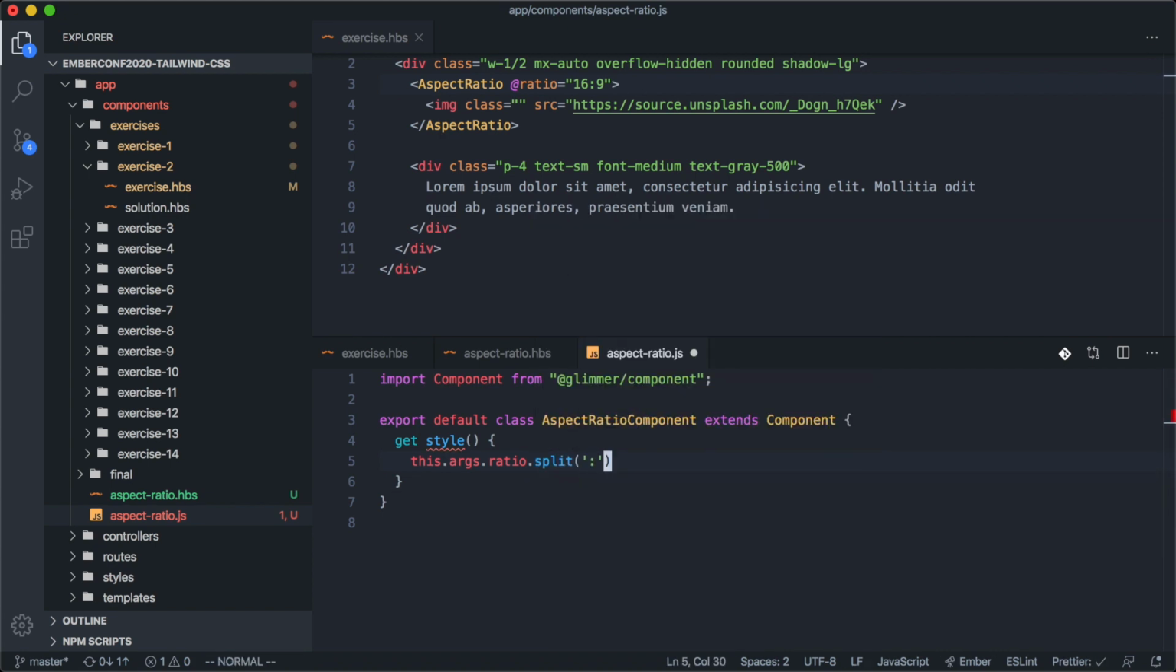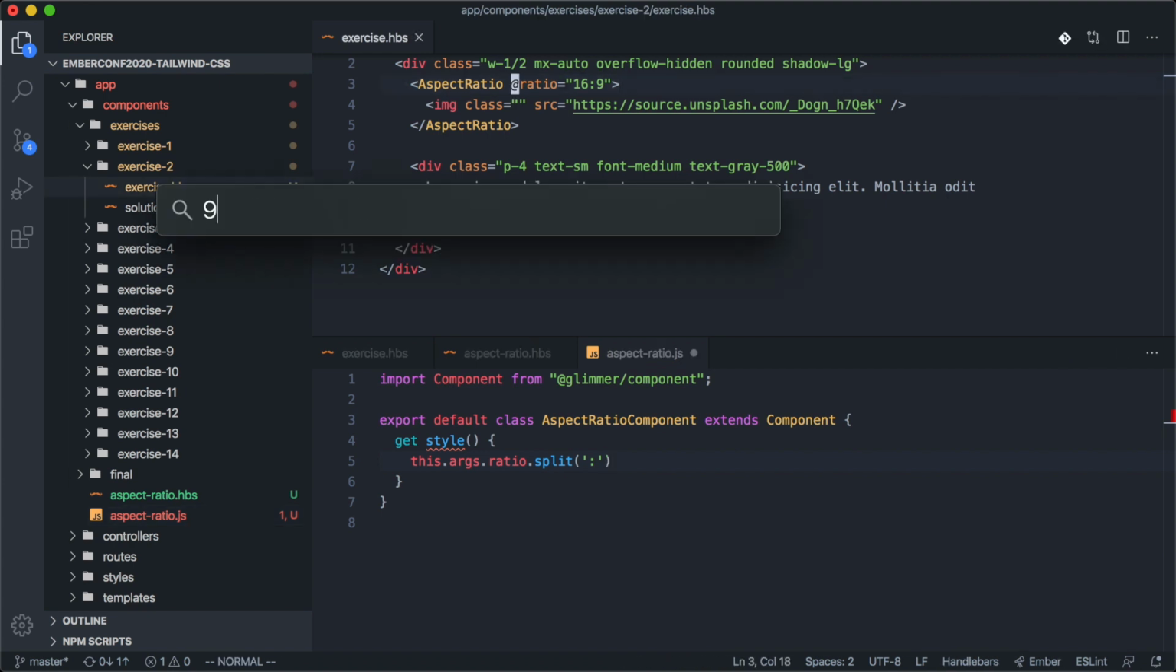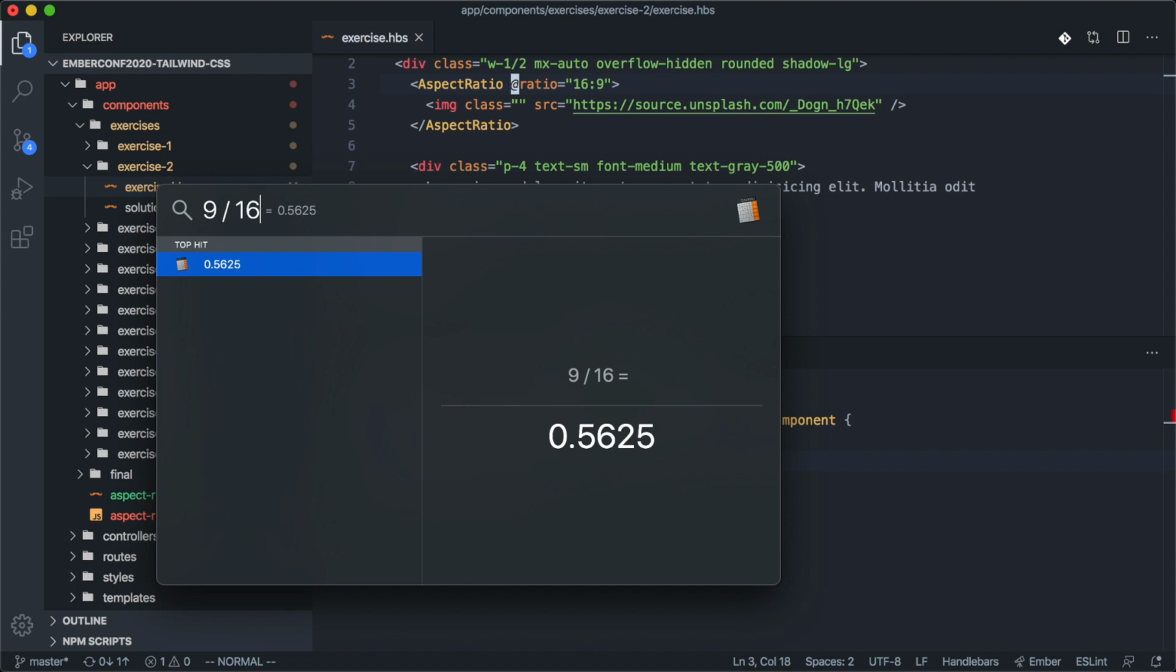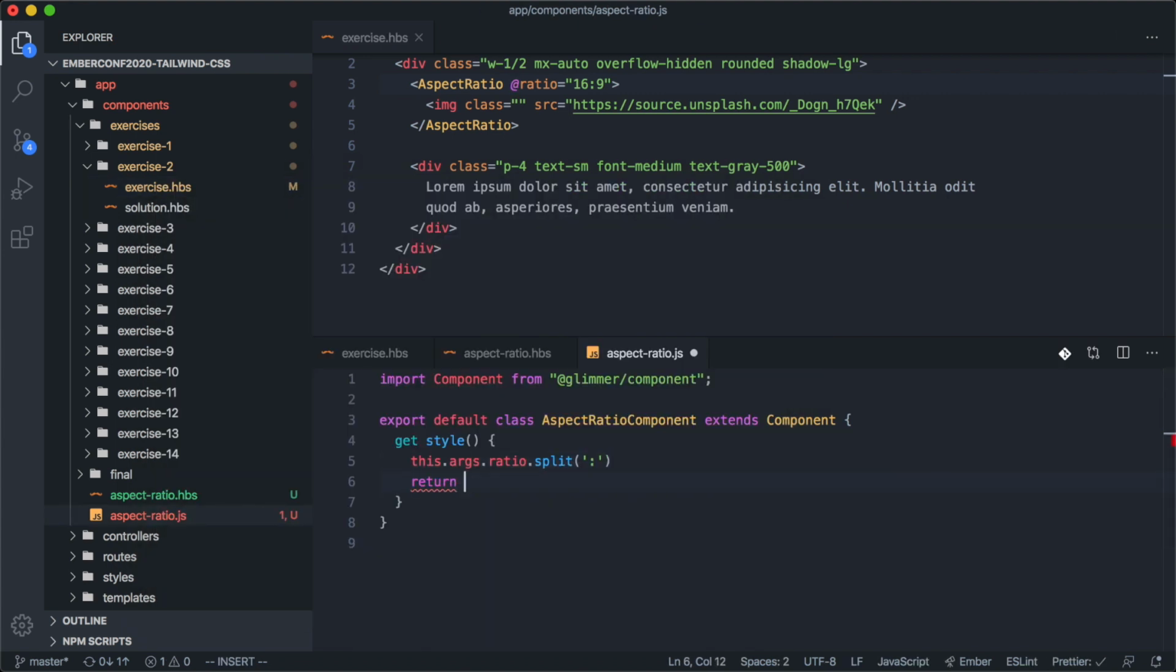And then we want to divide. So in the case of 16:9 right here, we want to take 9 over 16, and we get 56.25. So if we multiply that by 100, we get 56.25%. So let's just hard code that and see this working. If we were to return padding bottom of 56.25% here and save that,